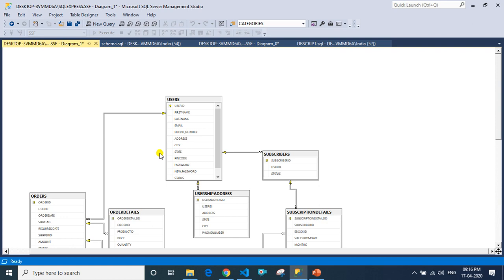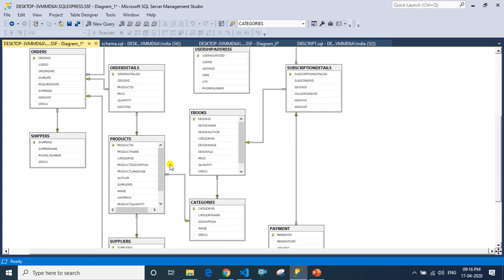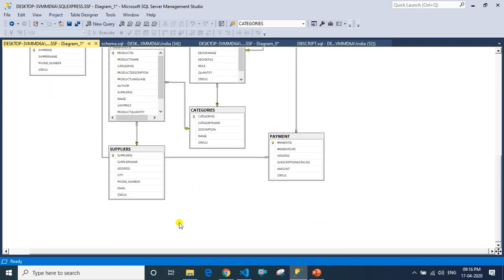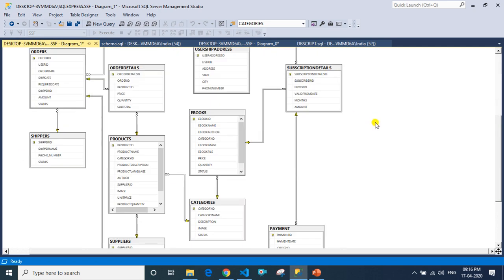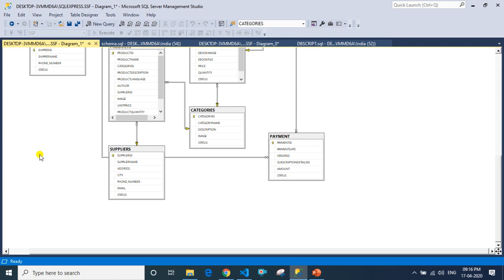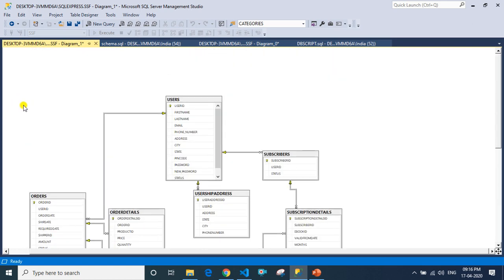So you can see the diagram here. This will cover every point in our flow diagram. So I will share this picture and the code for creating the database tables with you in the description.